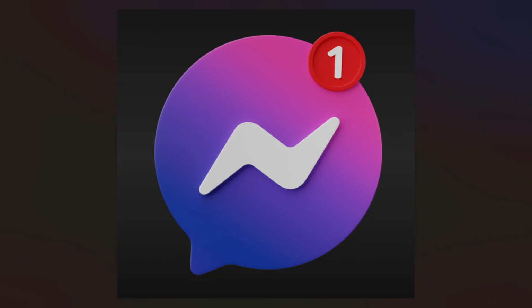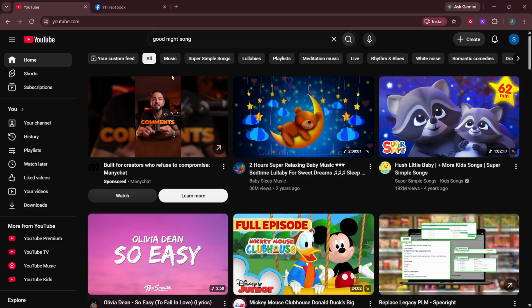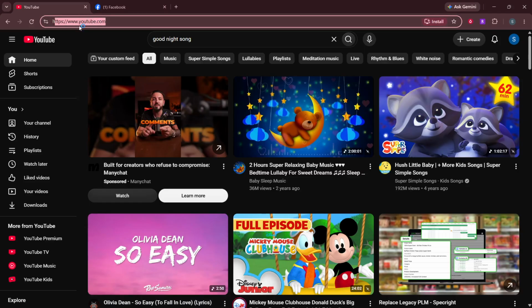First, open the music app. This can be Spotify, YouTube, or any other music app that lets you share a song link. When you tap to open it, you should land on the main screen of that app, usually showing your recent songs, playlists, or recommendations. Take a moment to confirm you are signed in and can see your usual music so nothing looks unexpected.